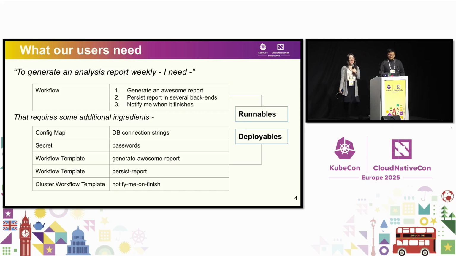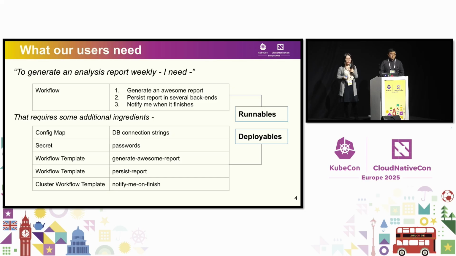So before diving into technical diagrams, we can first understand what our user is doing with our platform. At the basic level, they need to run their workflows. If you are not familiar with Argo Workflows, it lets you define your steps, like in a DAG. They can depend on each other or spawn from each other, executing containers in a particular sequence. For example, I can generate a report first and then persist it somewhere,